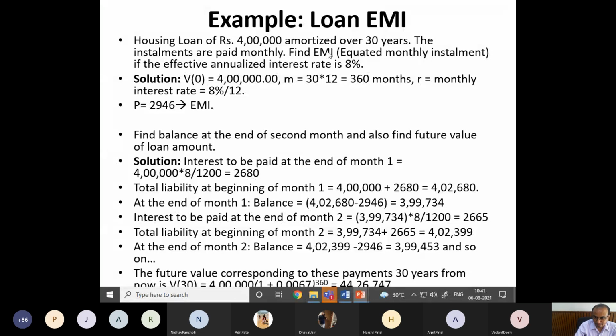So I have to find the EMI value, and the company or bank said to me that the effective annualized interest rate is 8%. The term "effective" is wrong. I think it should be only nominal interest rate is 8%. Just correct it, I will correct it in my slide also. Instead of effective, the banks use this word: nominal interest rate per annum, 8%, right? It is not effective. It is nominal interest rate per annum is 8%. That is specified. Please correct this word. It is nominal annualized interest rate is 8%.